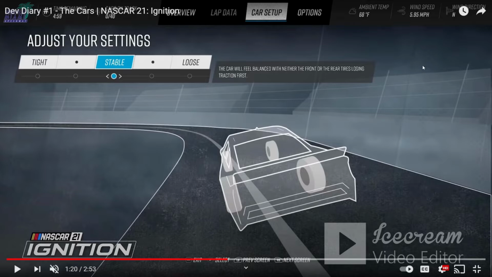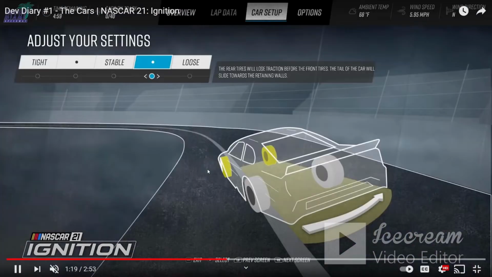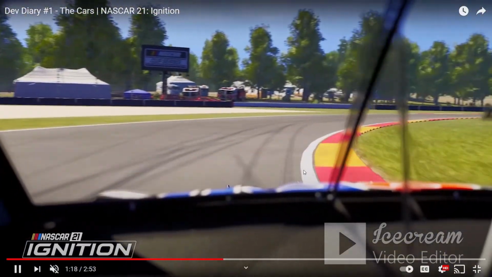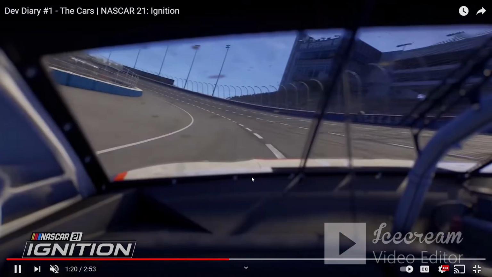So it's really cool that wind is now going to play a part in the racing. My guess is if the wind is very bad, it'll affect you a lot more depending on how your setup is against it. But if it's lower, it's not going to be as bad as you think. And they kind of showed it a little bit. Whenever they move the slider, it moves the car a little bit, and it showed you